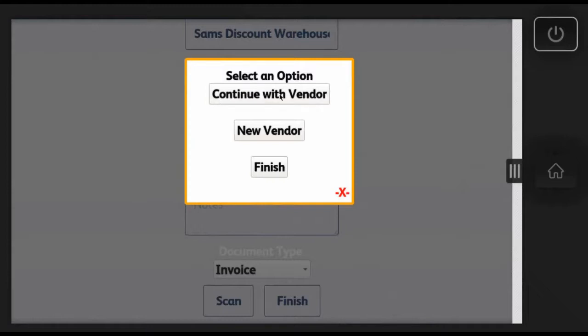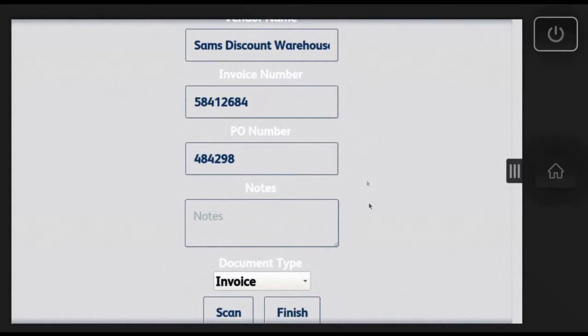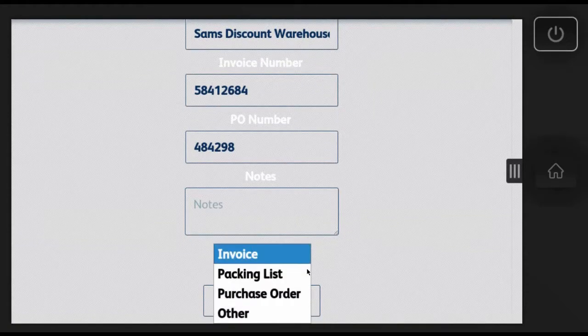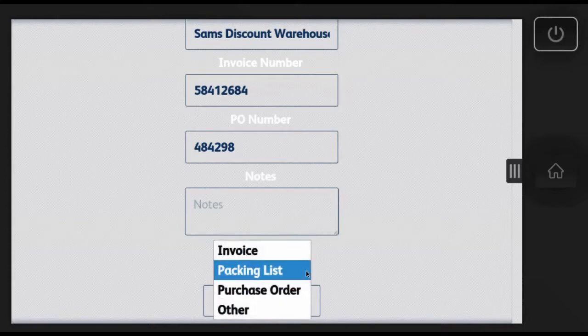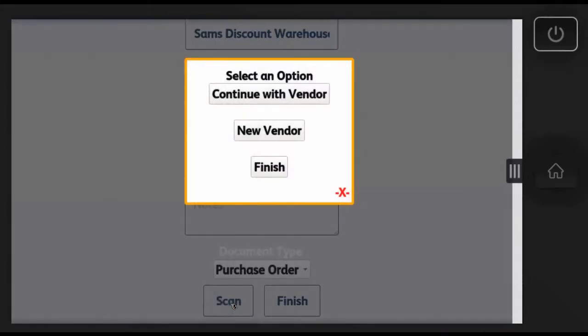So you can select Continue with the same vendor. That way you don't have to re-enter the same data up here twice or multiple times for multiple entries. And now we have a packing list, scan, continue with same vendor, purchase order, scan,